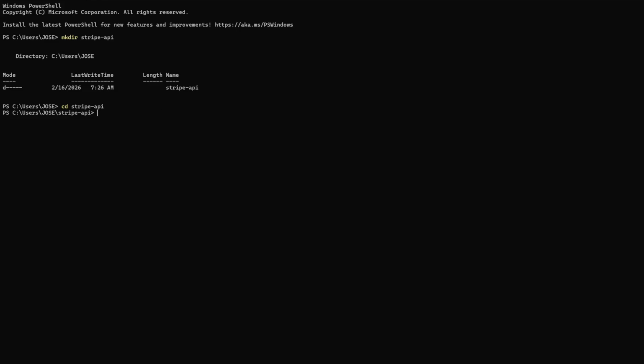Next, you'll create a new file to store your environment variables. Execute the command echo STRIPE_SECRET_KEY. Ensure you replace your_stripe_secret_key with your actual Stripe secret key, which can be found in your Stripe dashboard. This step is crucial as it keeps your keys secure and out of your main code